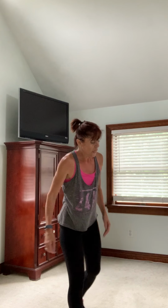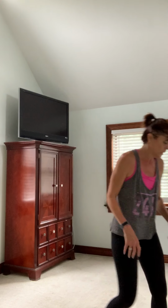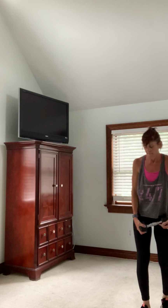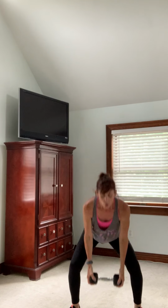Woo. Let's move on to a little bit of tricep work. One weight. All right. We're going to go down low to a squat, come up. So it's low squat up, 2 of these tricep extensions. You can take this at your own pace. Now, if you want to kick it up a notch,